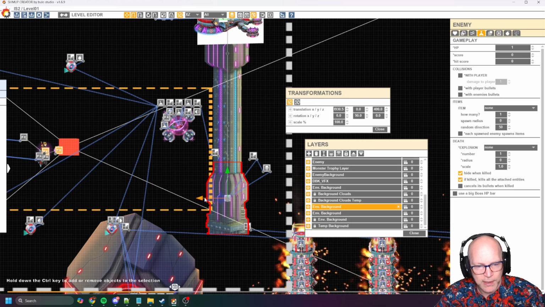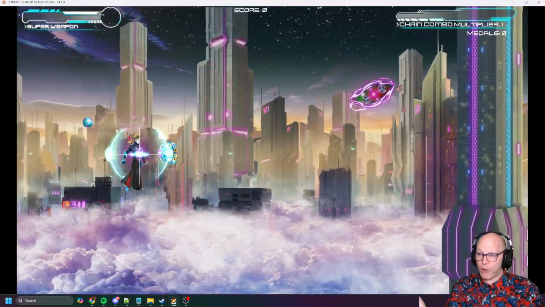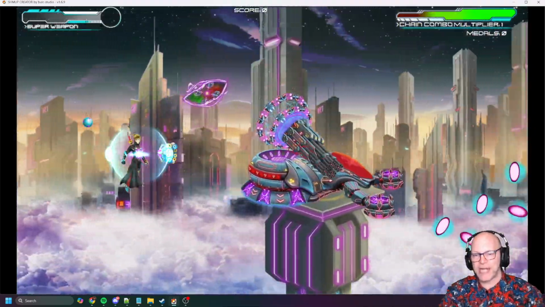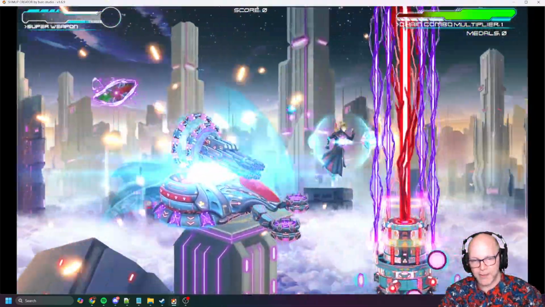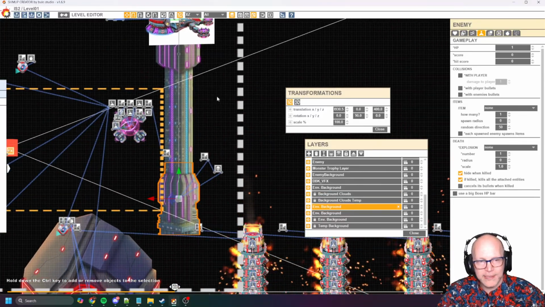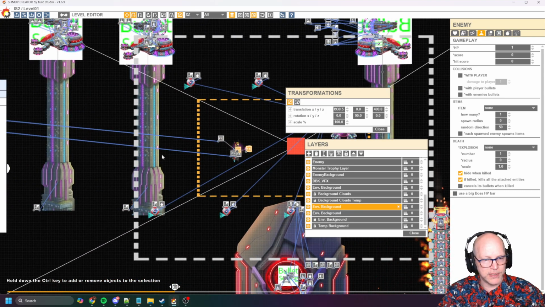So basically, I have here, let me show you this. So I have this tower. This is the tower, and I'm using an enemy sprite for that. And then the tower comes down and it's got an enemy on top of it. So what I wanted to have is I had versions of this guy here, which they're these guys,